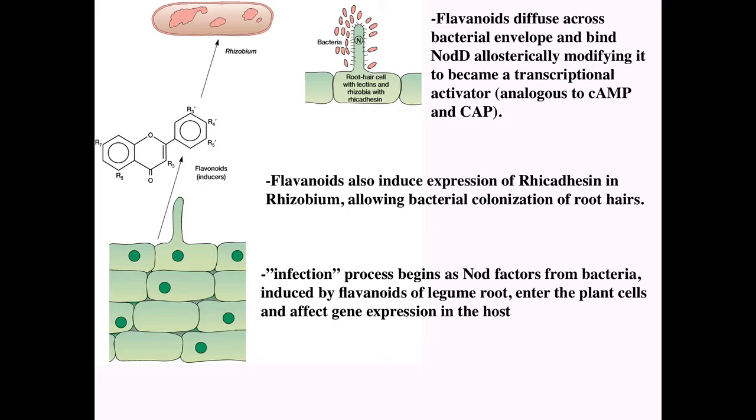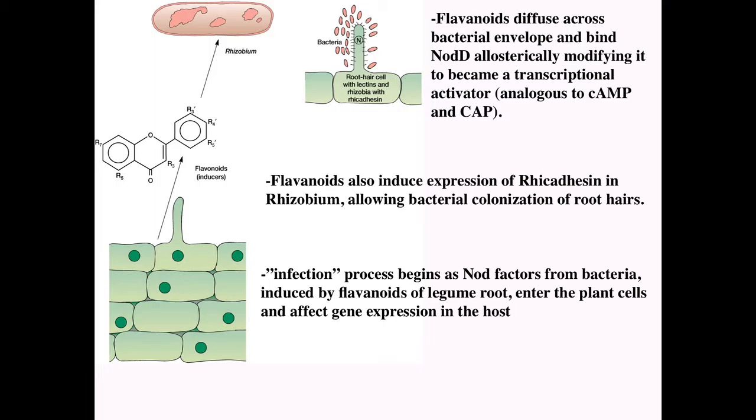So as the bacterium is swimming up this gradient looking for the source of the flavonoids, it's beginning to change its gene expression. It's beginning to decorate its coat, if you will, by putting on outer membrane proteins that it didn't have before. It's dressing up for this meeting with the plant. It's putting out Rhicadhesin proteins onto its outer membrane so that when it encounters a root hair like this, it has the ability to bind to it. So this infection process begins because now